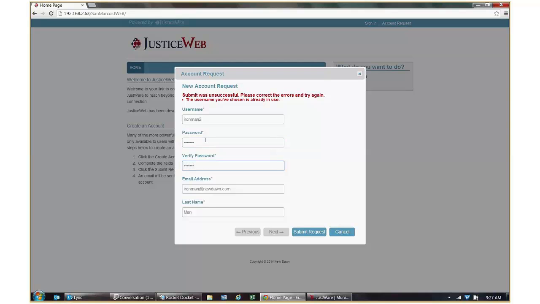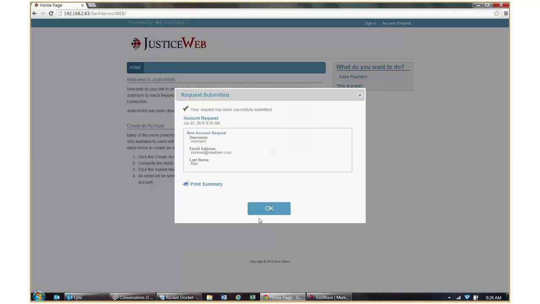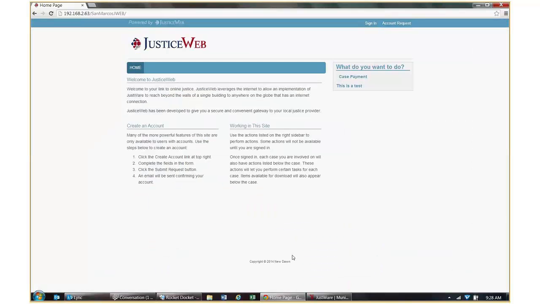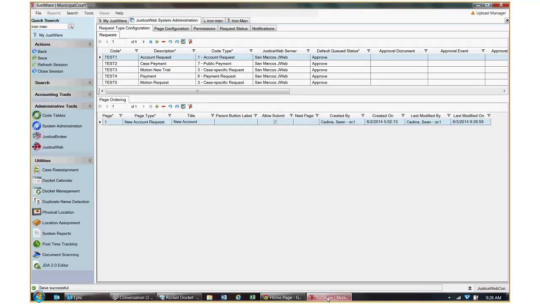Because I hope we're all aware that this isn't enough information to make the link. So it's not going to try to link this name, this JusticeWeb user account to the previous Iron Man. It's actually going to make a new Iron Man name record with simply the man information as the last name. So let's go ahead and submit that request. And then we're going to go back into JustWare. We'll go ahead and look at,